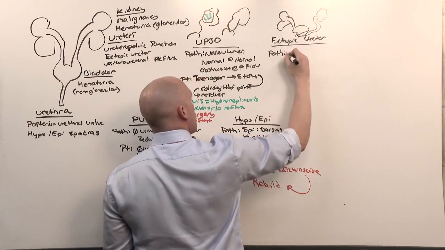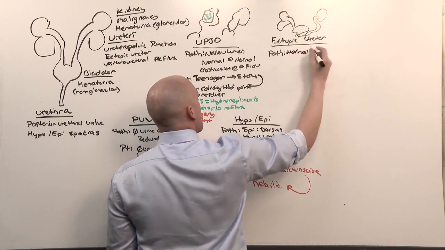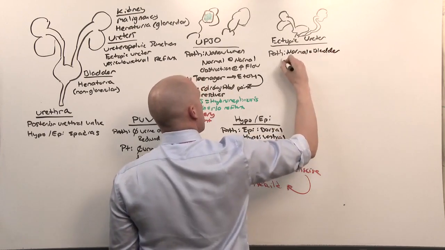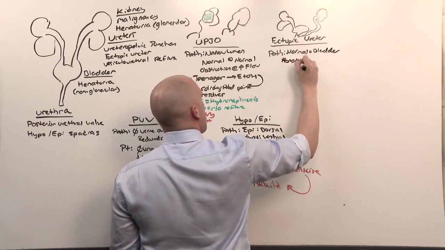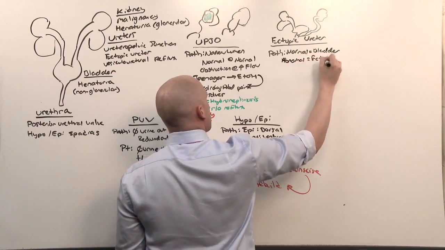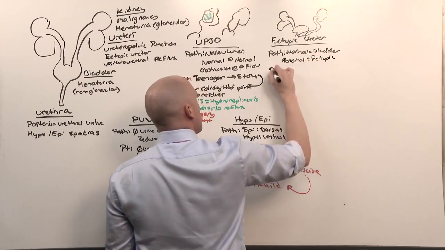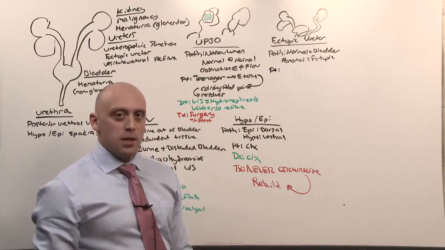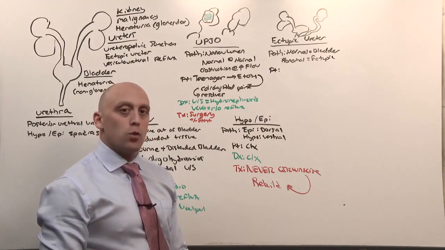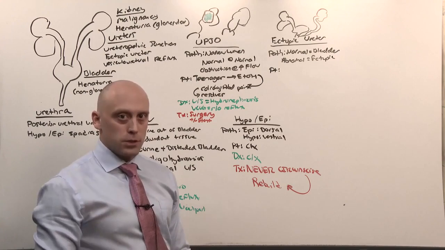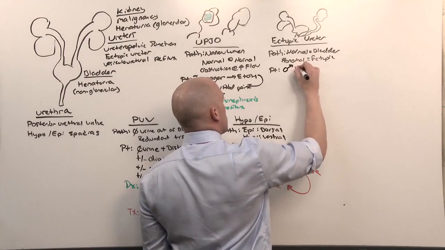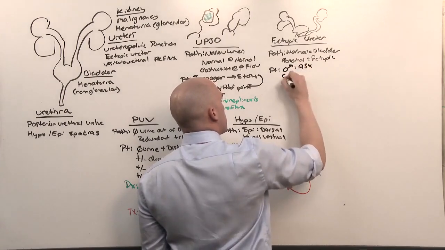The normal one goes to the bladder exactly the way you're supposed to. The abnormal one goes ectopic, which means it implants anywhere. The way the anatomy works in boys, the ectopic ureter is always going to implant above the external sphincter, which means it doesn't matter. In boys, completely asymptomatic. But in girls,